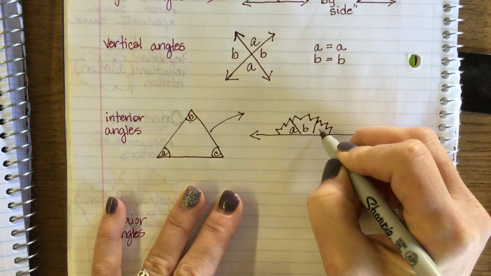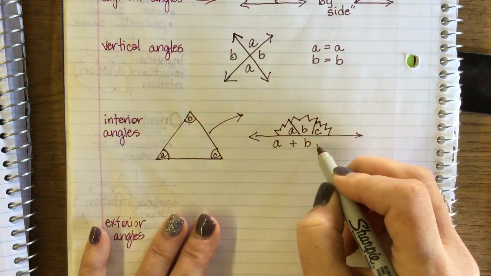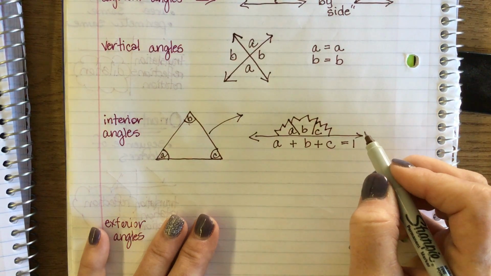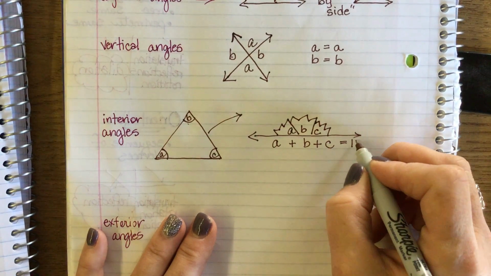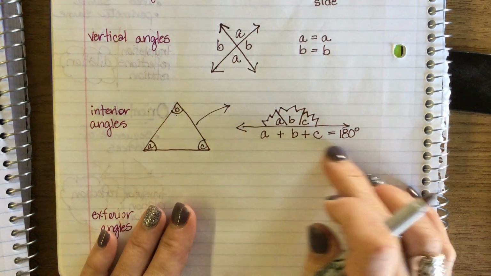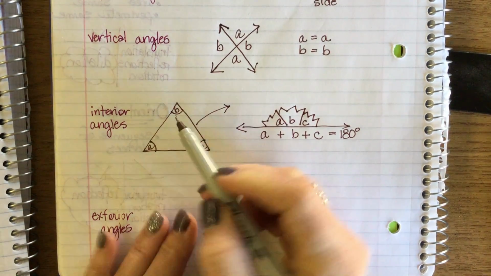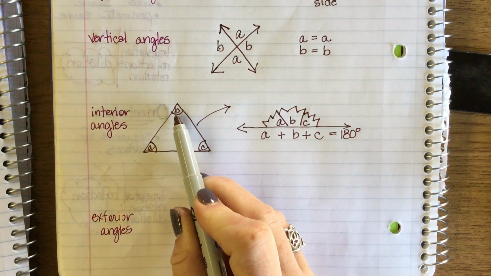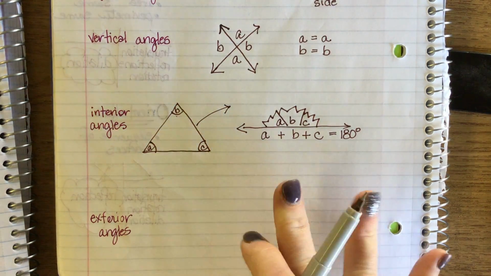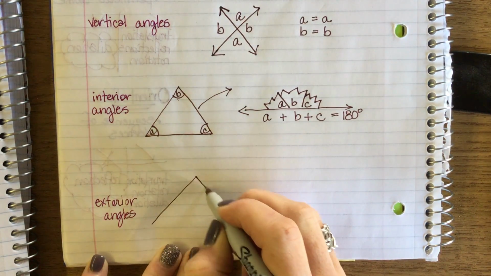Uh-oh, goats are back. That's right, A plus B plus C, when they add up, it equals 180 degrees. And that's right, so what we know is if we are given two angles, we can always find the third, okay? Now, the exterior angles,